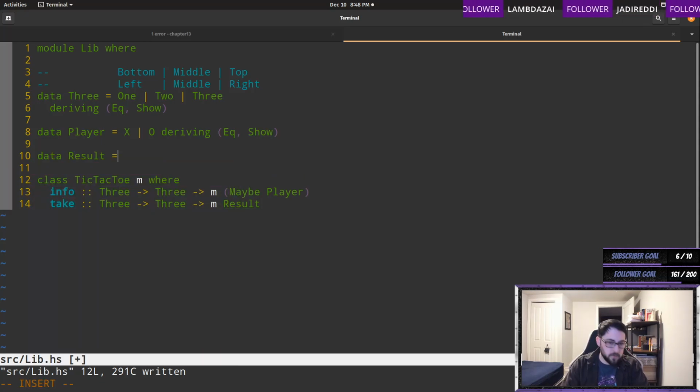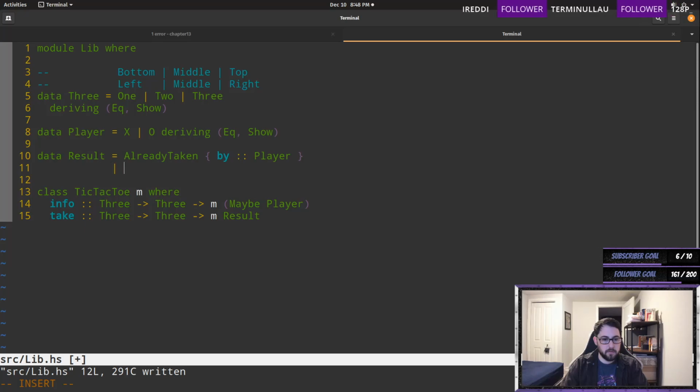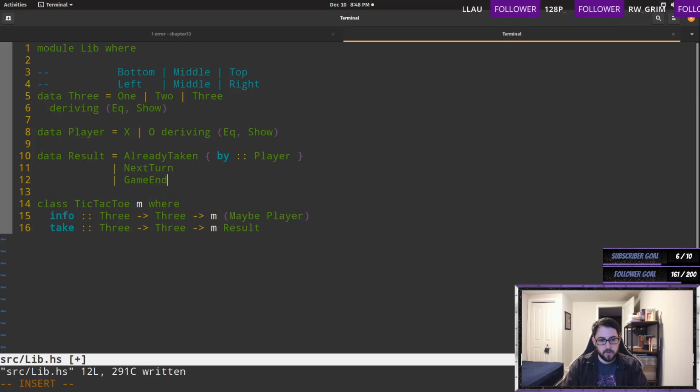result, already taken by player, next turn, game ended, winner. So we're gonna have to probably do some modification to the code, but you know, you can have like an empty board, which is like tic-tac-toe